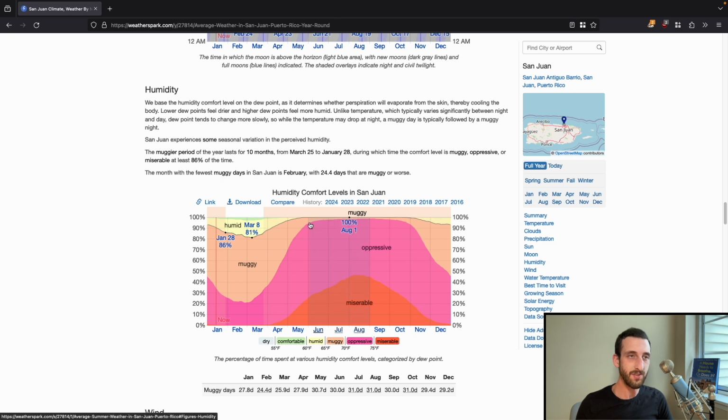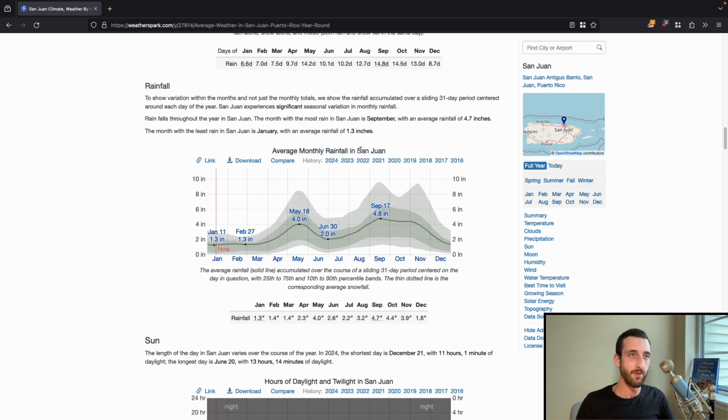It is oppressive almost 100% of the time in the spring, late spring and summer and early fall. So really the only somewhat comfortable time to go is January, February, March. And looking at average monthly rainfall, you definitely want to avoid going during the rainy season. So May, September, again, January and February. So look at that. We picked a time of year to go to San Juan.